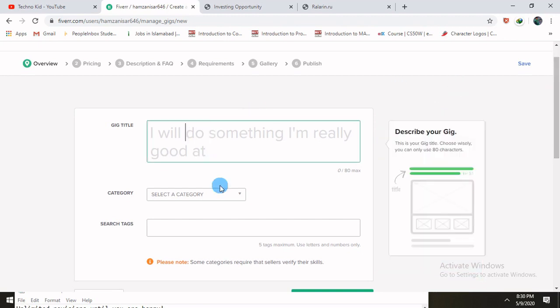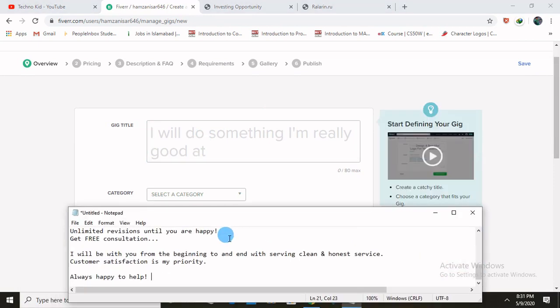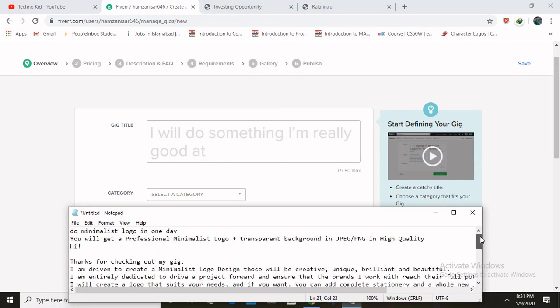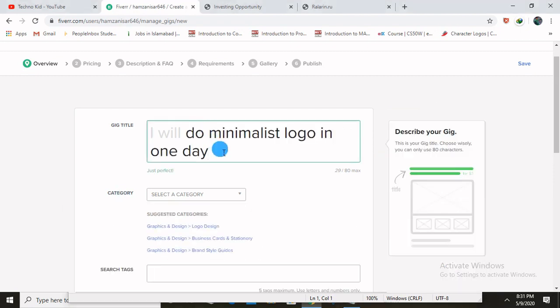So for this I'll do the minimalist logo in a day. Whatever you can do you can write, but make sure that it is a bit more attractive, and gives your customer more of a feel that they have to choose this gig.